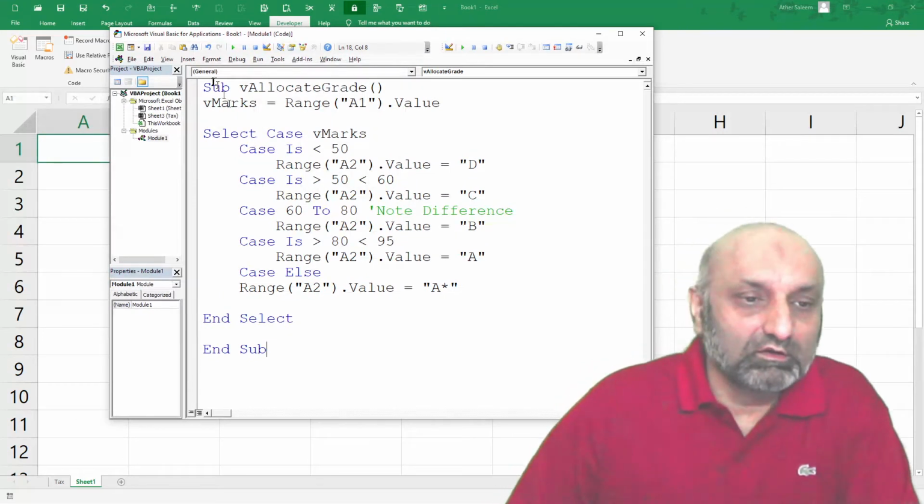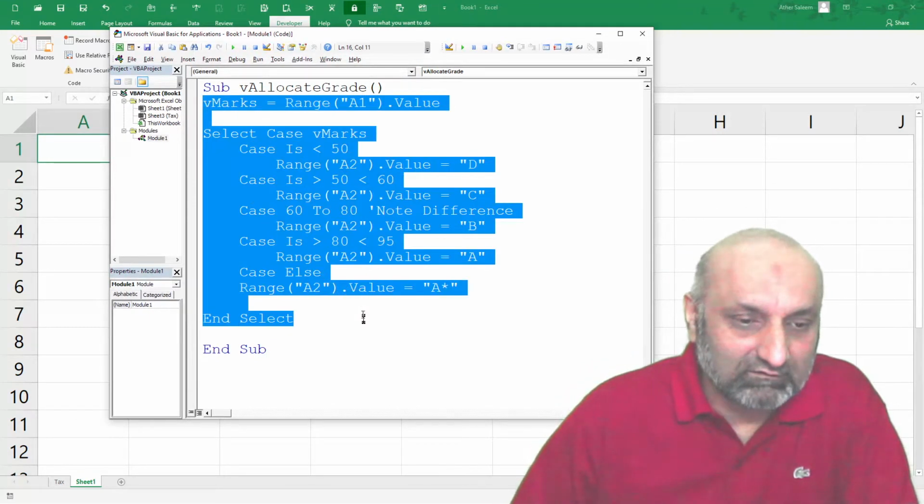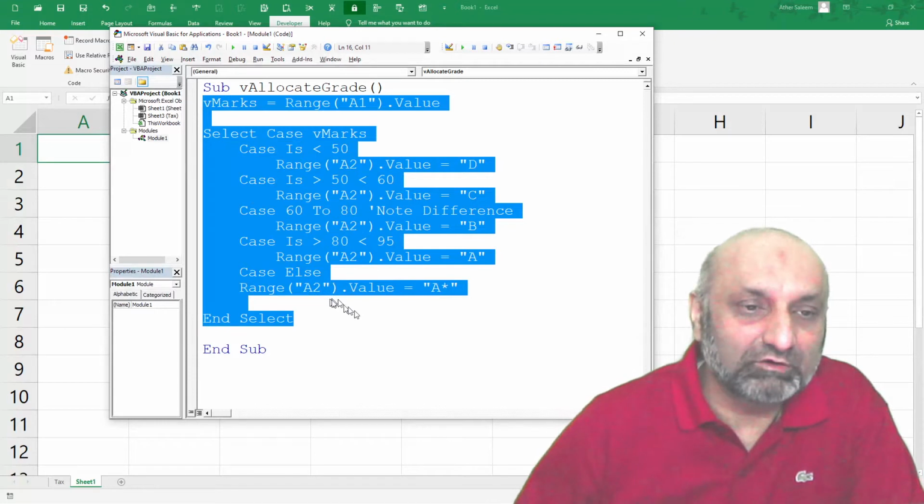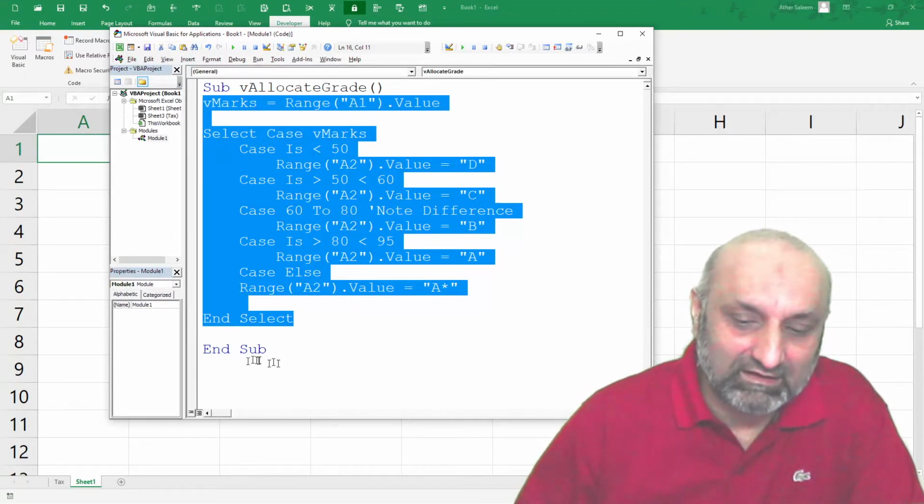So we have this. If I highlight this and forget whatever is written in between: Sub AllocateGrade, brackets, and End Sub.